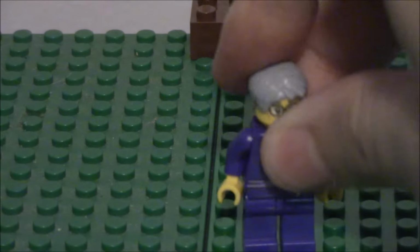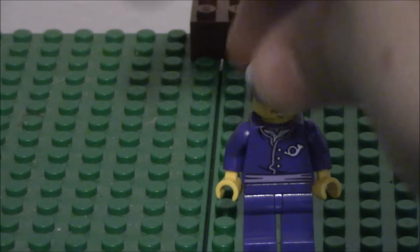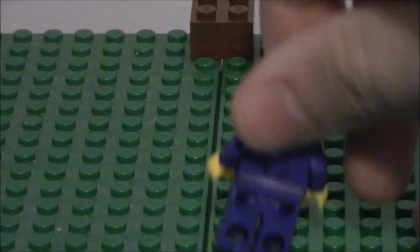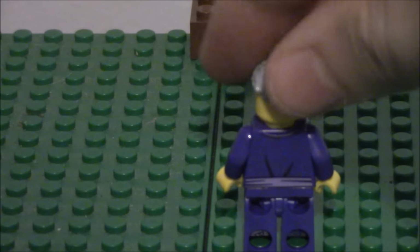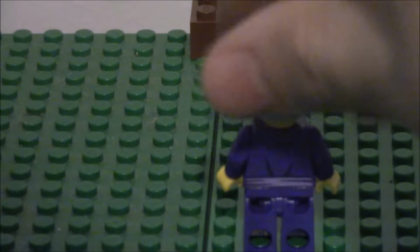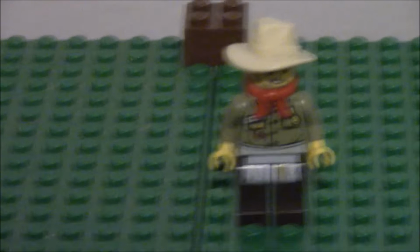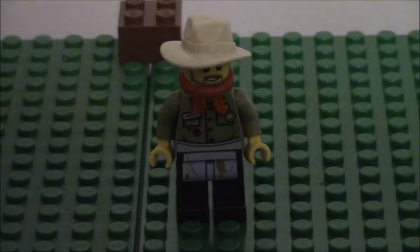Okay, back to action now. Torso detailing, no leg detailing there, and facial detailing there, pretty accurate. And then the back, torso detailing, no back face printing. That is the Postman. Next up is Jesper, and he's the owner of the Smuggler's Market,